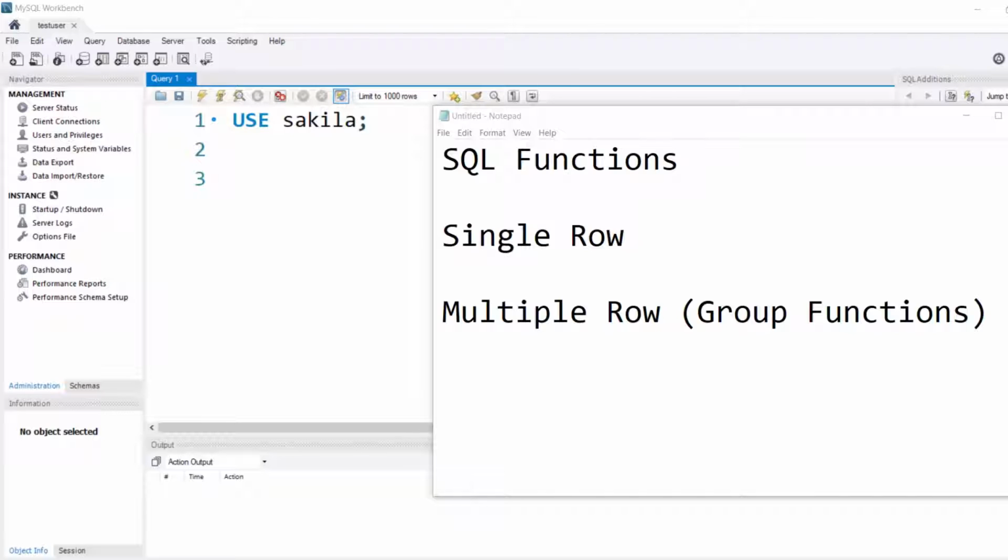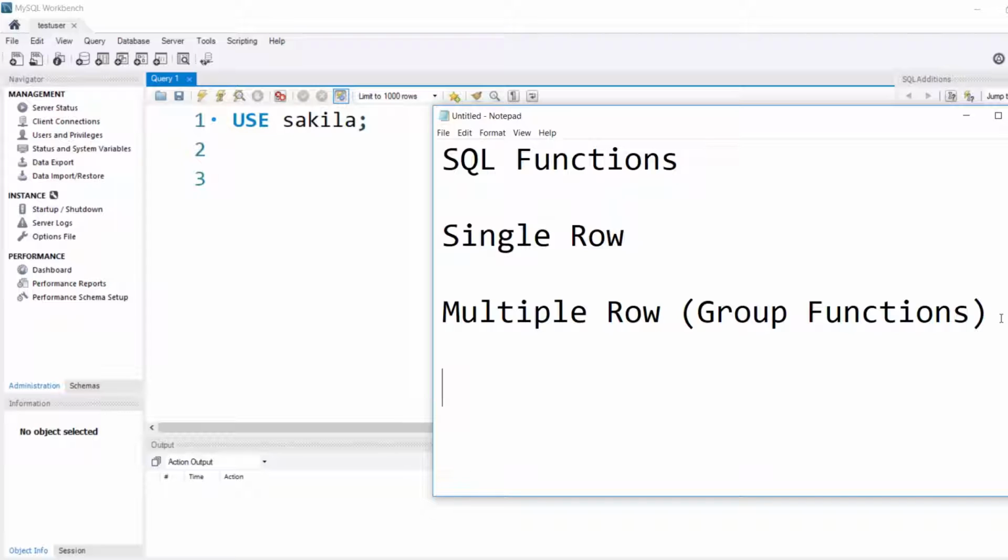So we know that if you want to reuse a piece of code, you put it in a procedure and you can call that procedure wherever you want. So these procedures have got different names. Sometimes they are called functions, sometimes they are called methods. That depends on the programming framework that you are using. Similarly, SQL functions are nothing but procedures. They take some input, they manipulate it, and then they return some output.